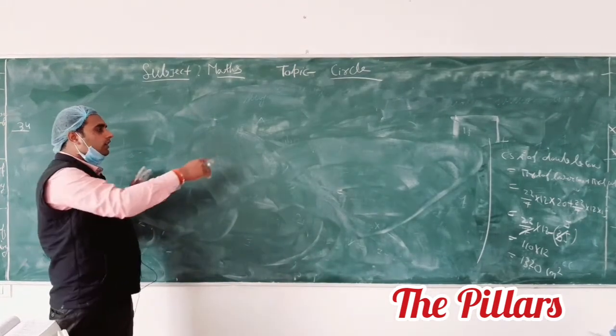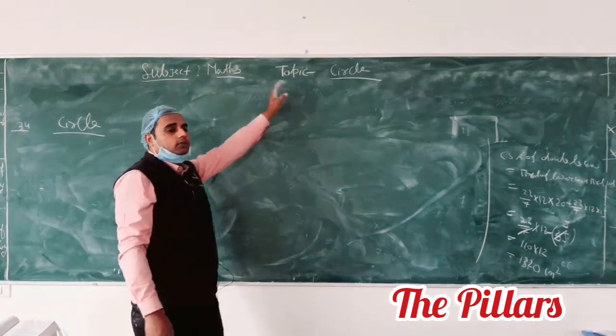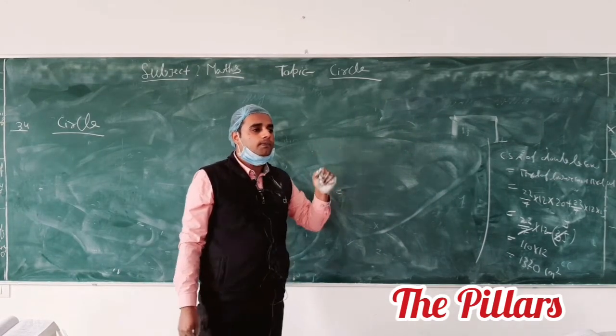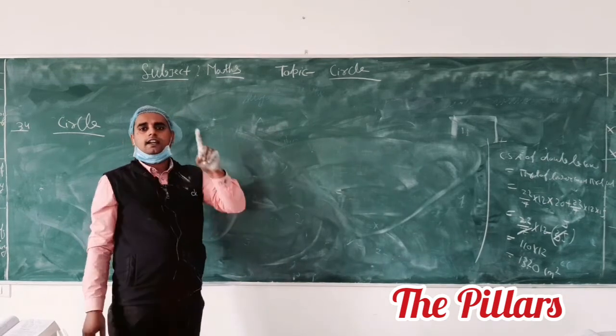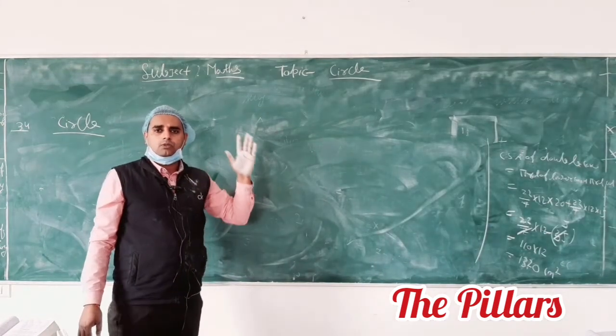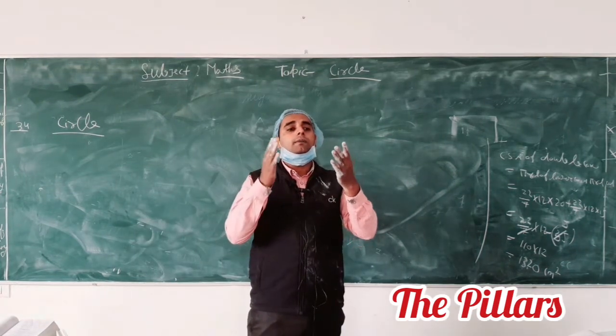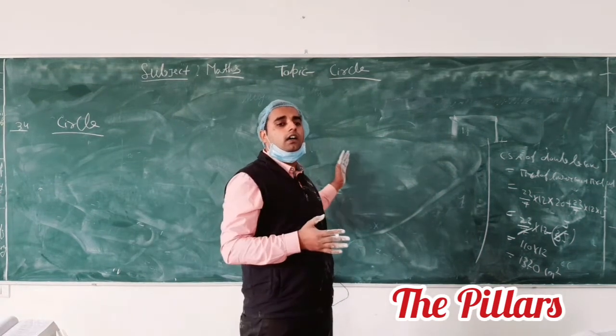Okay, wait. We have to start the difference. What is the circle? First we have to try to understand what a circle is. Suppose this is the plane. Circle is two-dimensional. Before this we have to read about the sphere. Sphere is three-dimensional. It means whenever we plot the circle, we require the plane.